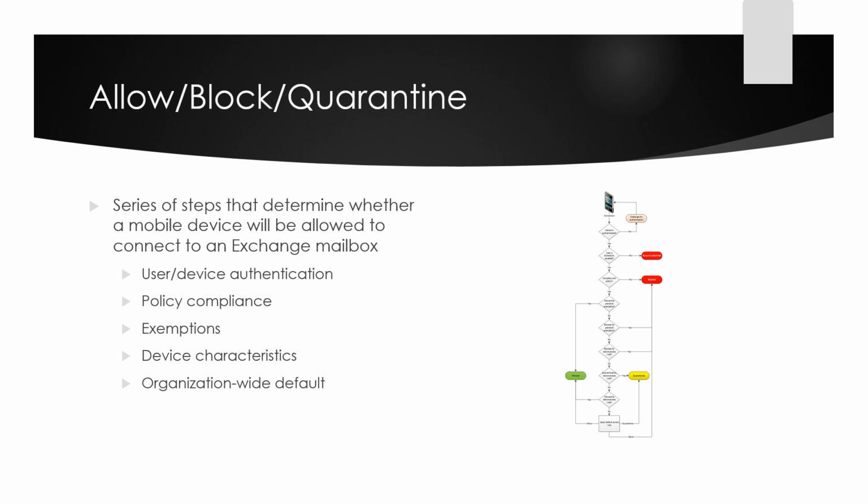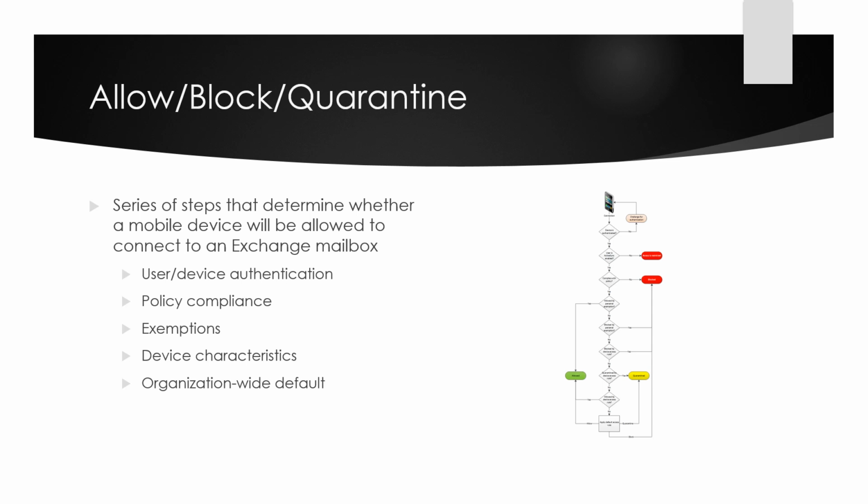So with this Allow Block Quarantine process that is so important for determining whether mobile devices are allowed to connect to an Exchange mailbox, there's a series of workflow steps, if you like, that it goes through to make that determination. Now, it's a very small diagram that you see on screen. We're going to zoom into different parts of that over the next few slides, but it basically breaks down into several parts. Whether the user or the device is authenticated,